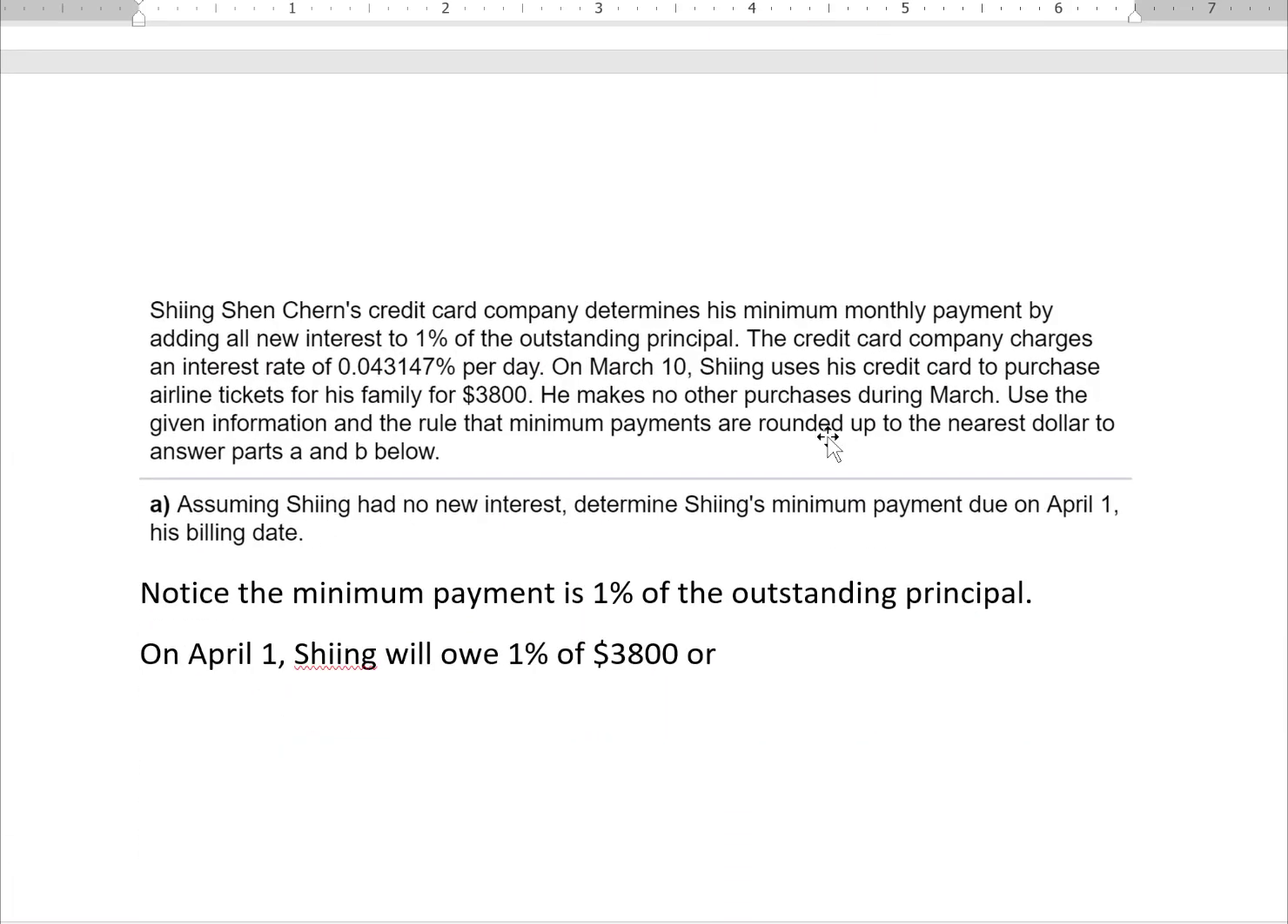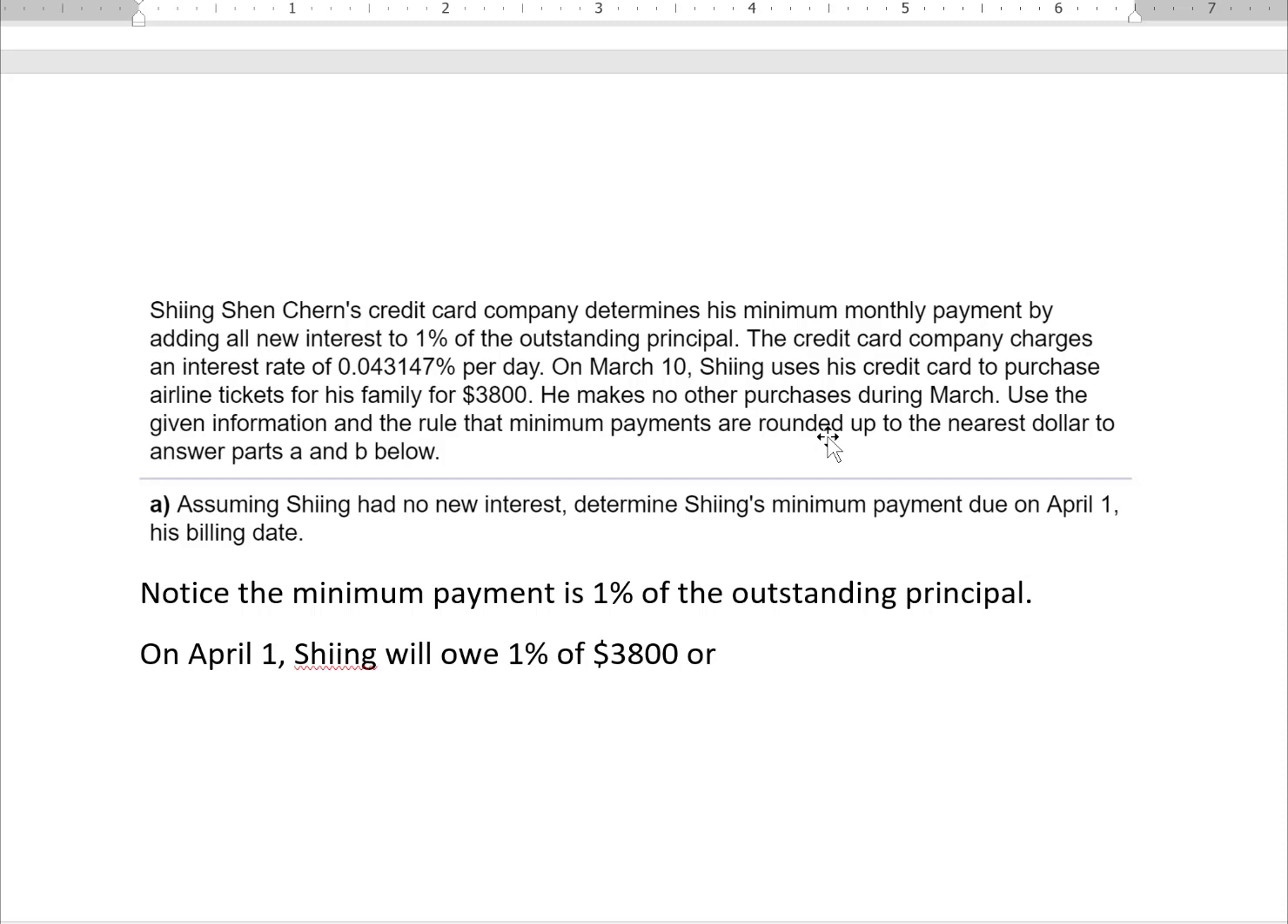Shing's credit card company determines his minimum monthly payment by adding all new interest to 1% of the outstanding balance. The credit card company charges an interest rate of, and I'll let you read that, per day. On March 10th, Shing uses his credit card to purchase airline tickets for his family for $3,800. He makes no new purchases during March. Use the information and the rule that the minimum payments are rounded up to the nearest dollar to answer parts